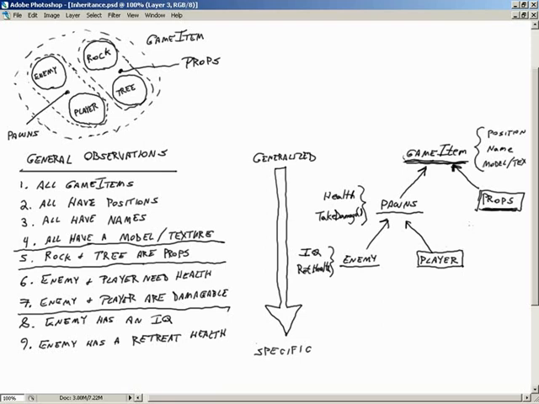Right, they would be unusable on a player because IQ and retreat health aren't going to influence how a player works. Instead, you'd have something more like mouse sensitivity, something that would actually make sense to how the player works. Precisely. So this is how we ended up breaking it down. We just simply took pawns and derived from it two different classes, enemy and player. And now, even though player doesn't have anything now, in reality, we could go in there and we could add,